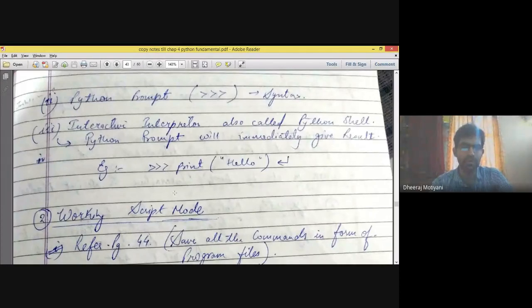PyCharm has the same, but I feel Spyder and Jupyter are more comfortable, because once you go to a higher level, you will be getting these platforms to work upon. So you will be getting Anaconda Navigator, where you will have different platforms. I'm showing you the Anaconda Navigator, which I have already shown to others as well. So you just see that part.